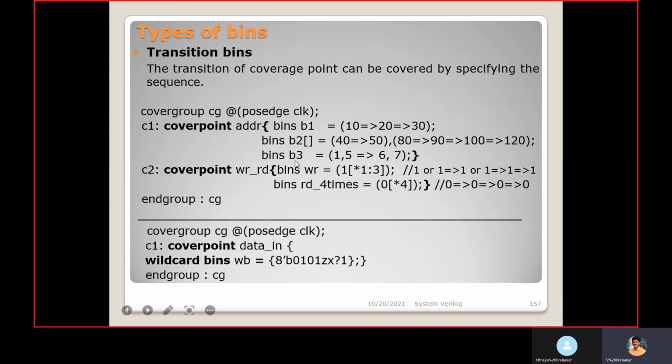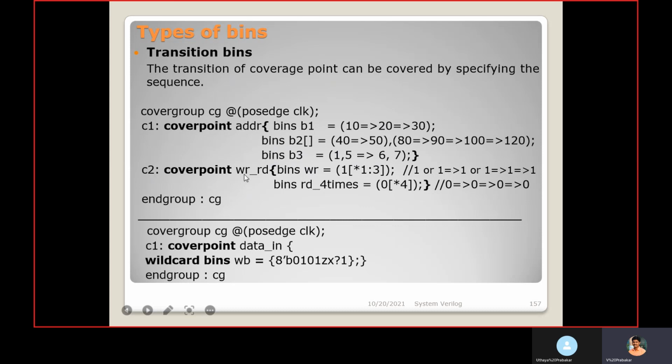Bin B3, if you mention like this, from 1 to 6 or 1 to 7 happens, this B3 will get a hit, or 5 to 6 or 5 to 7 happens, this B3 will get a hit.